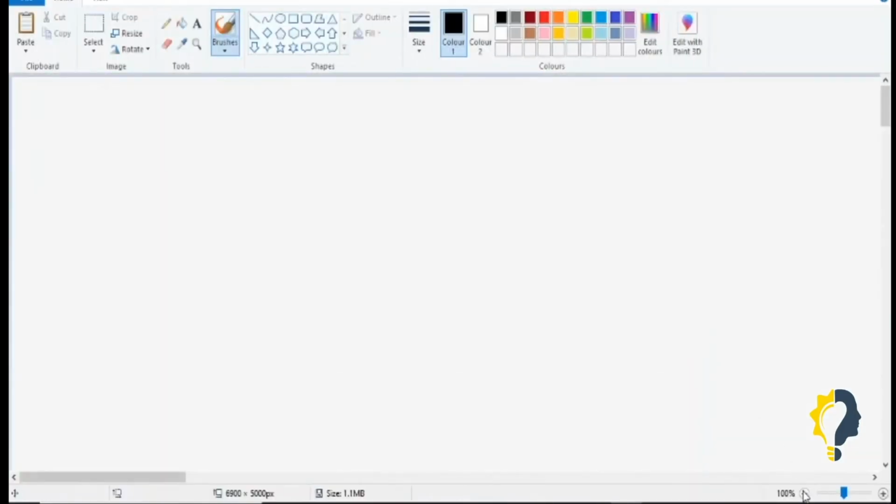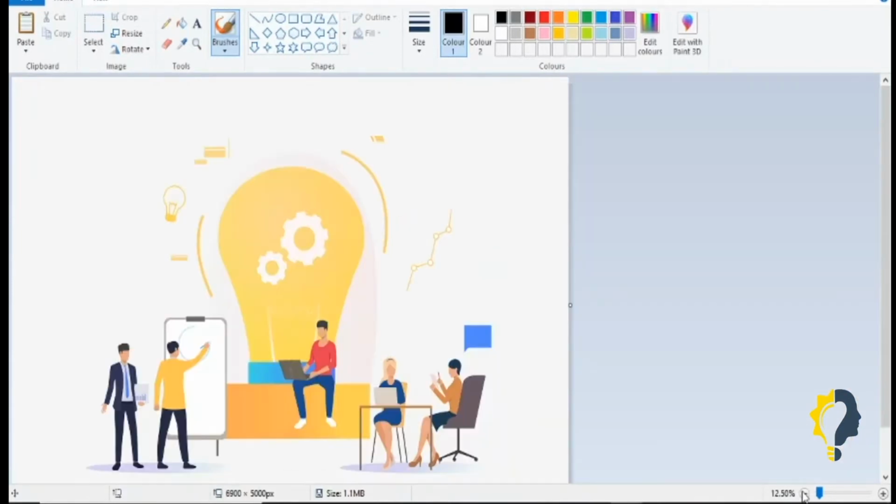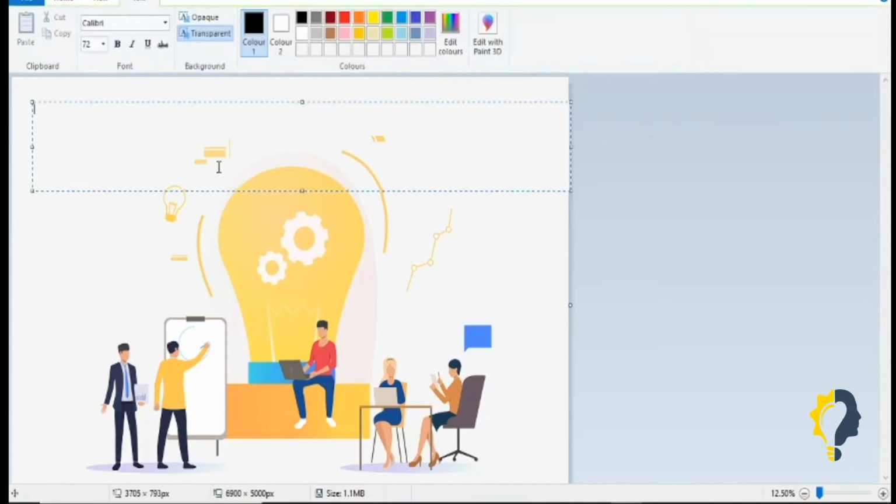So we'll come here in Paint, and my image is already there. We can't customize much more on this Paint page, but what we can do is, for example, if I want to write text, we already selected this option, and then we drag a box, and here I'll write